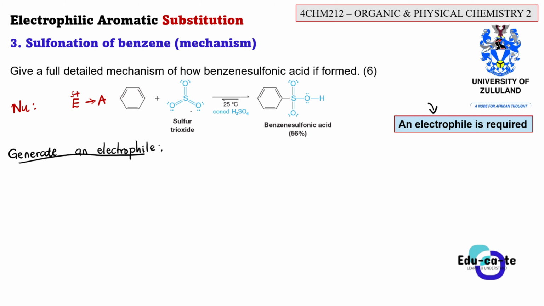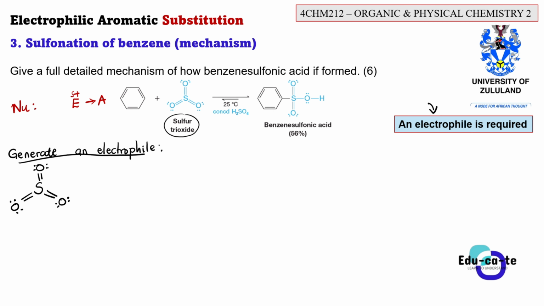We are going to take this reagent, our sulfur trioxide. So this is sulfur bonded to O, and then bonded to another O here, and then bonded to another O here. So here we are having lone pairs of electrons, 2 lone pairs each on the oxygen. Each and every oxygen here is perfectly neutral and everything is fine in this particular sulfur trioxide.